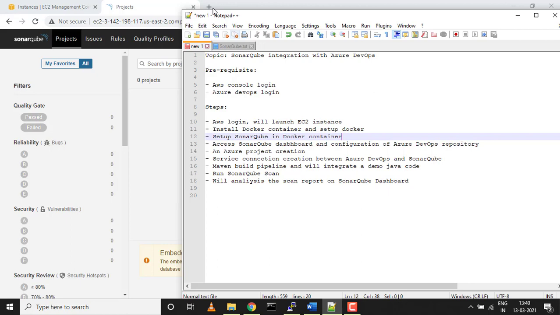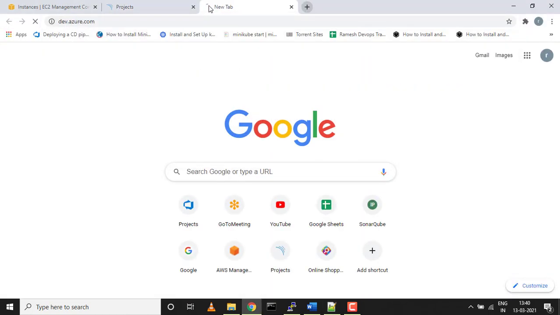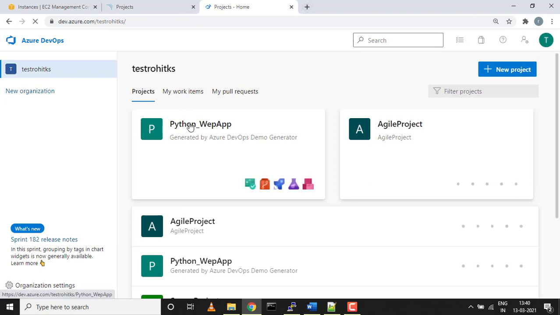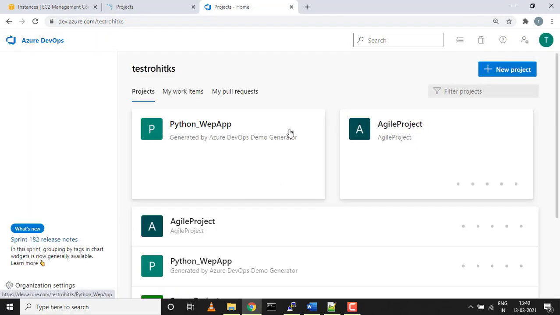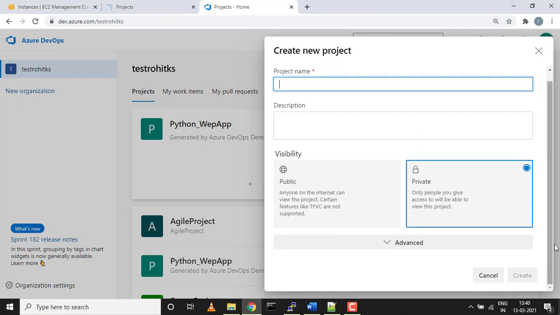Before doing that, let me log into my Azure DevOps, that is dev.azure.com. If you have not signed in, please sign in there. Let's stick with this project, Python web app, which is already created. If you want to know how to create a project, simply click on new project, give a project name and a description, and click create.